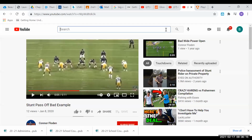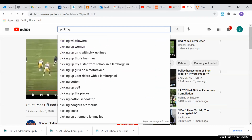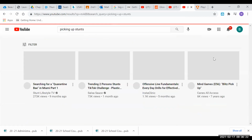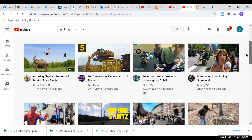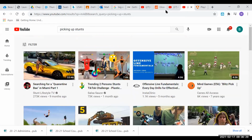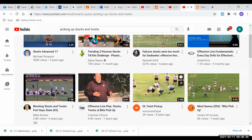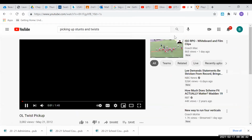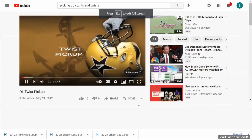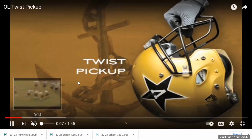And these NFL guys, they rep the heck out of it. Let me see if I can find a drill. There's all kinds of stuff out there. I found a good one yesterday at Vanderbilt. You type in picking up stunts and you get movie stuff. I mean, football's way more important than movies. Here we go. OL twist pickup. So kind of watch how they